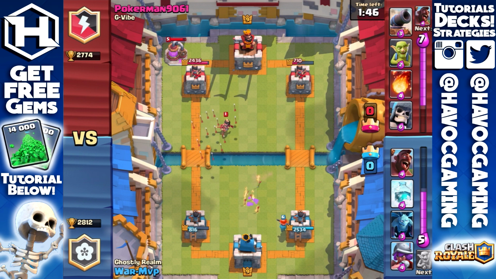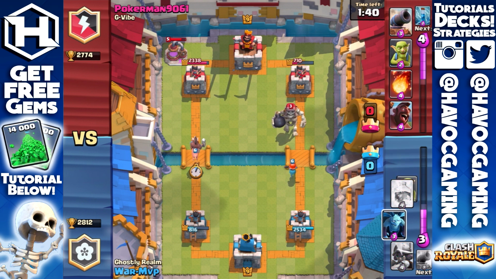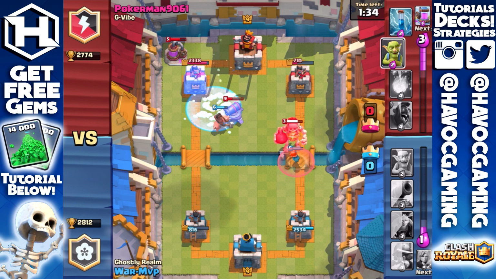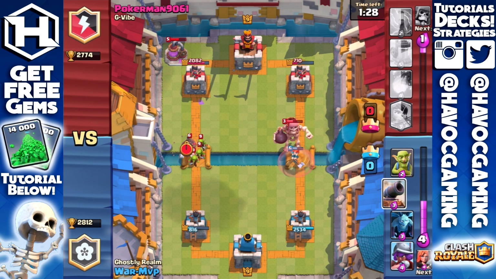Alright, so arrows on the princess here, my Valkyrie's going in. And I think I'm going to deploy my Hog Rider right over here. Now, the Giant Skeleton does not attack the Hog Rider very well. Well, actually, I deploy on the other side. Never mind. But I do deploy Freeze there. Probably not the best idea. I should have waited to see what he deployed first before I deployed the Freeze, because now I have a